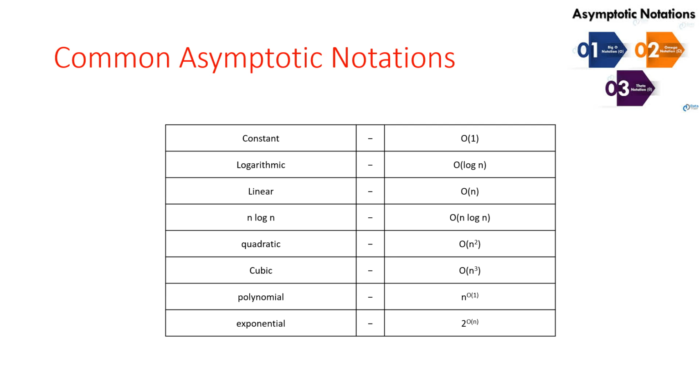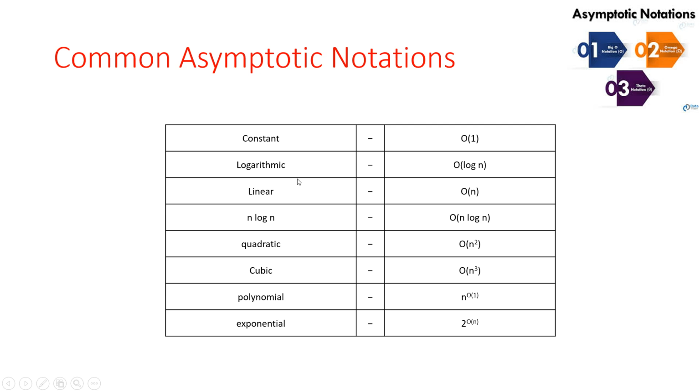Next are the common asymptotic notations. What are the commonly used asymptotic notations? As I said in the previous video, we discussed algorithm complexity: how to measure the complexity for constant, logarithmic, linear, quadratic, polynomial, exponential and matrix forms also. So you can check my previous video. If you have a constant value in the algorithm, the time complexity is constant, so the notation is big O of 1. Here I am writing the big O values, that is the worst time complexity.